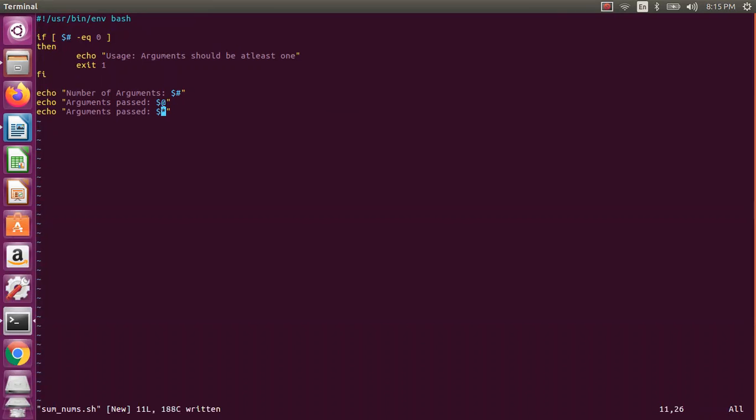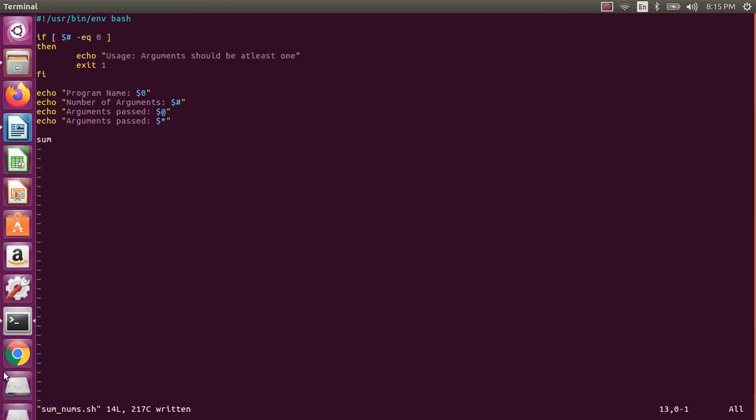Either way is okay. Now $0, $1 also you can print. So let us print the program name, which is $0.